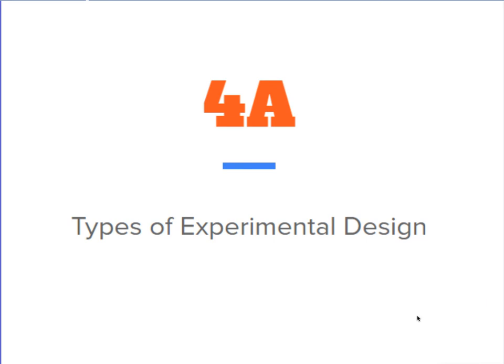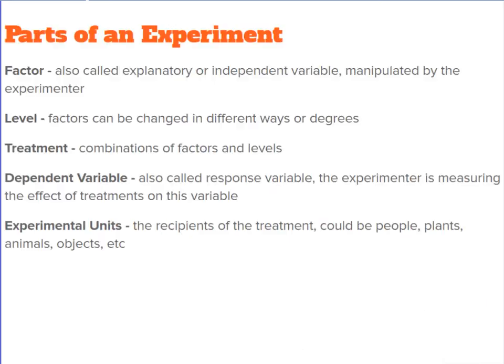4A, types of experimental design. So first let's talk about the parts of an experiment. Something called a factor. It's also the explanatory or the independent variable. So you already know what this is, it's just another word for it. The independent variable, the thing that we are changing in our experiment to see if it affects something else,